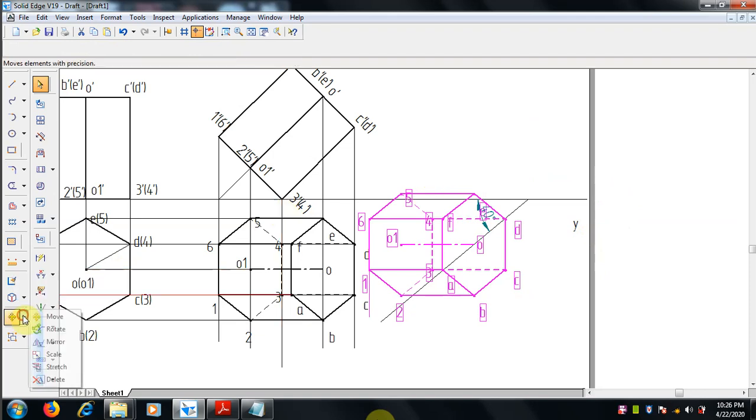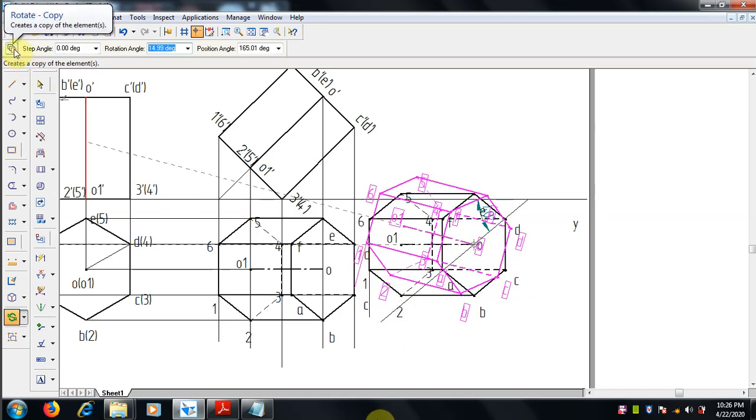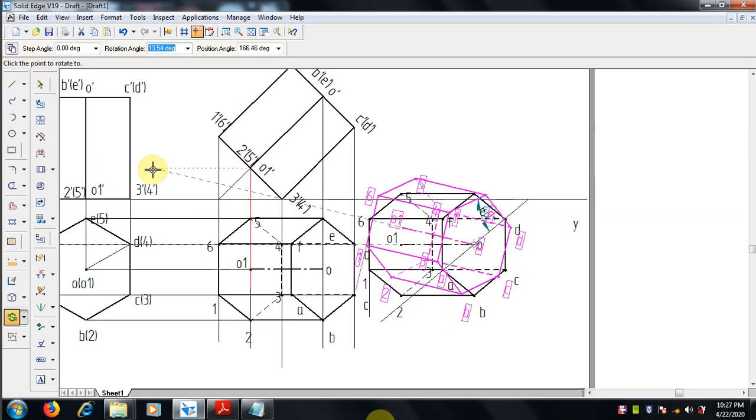It is to be rotated, by keeping the axis in the inclined line. So rotate, the copy command should be off, and here select O1 and rotate, keep it in the inclined line. There should not be copy.